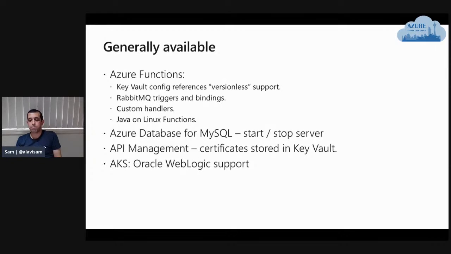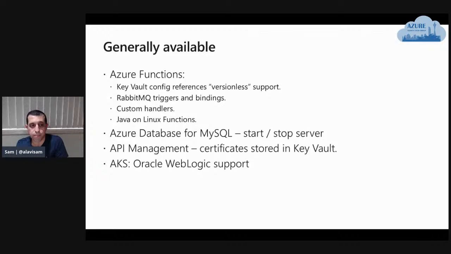With custom handler, you can build your own handler for Azure Functions for triggers, or even with your favorite language or runtime. For example, you can use Go, and a couple of language supports are already added, and many more are coming also. You can use Go or PHP to define your own trigger and then host it and use it inside the